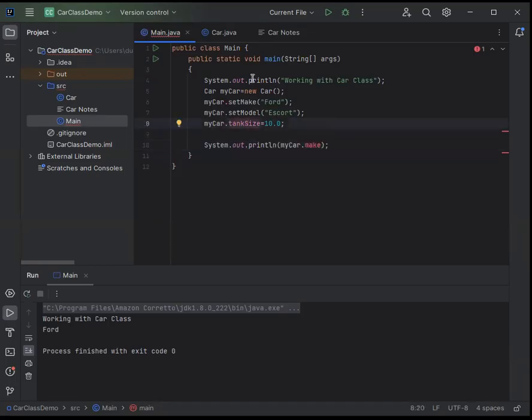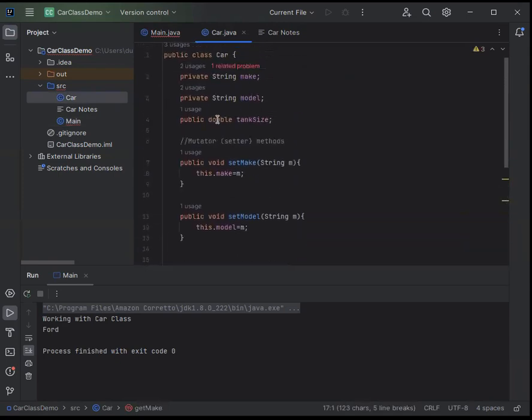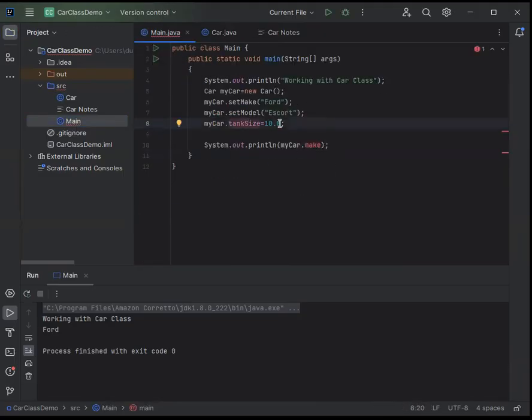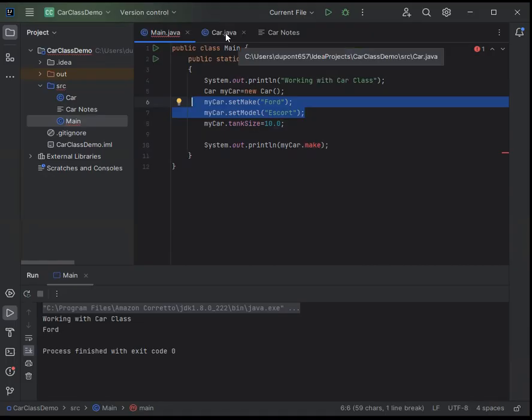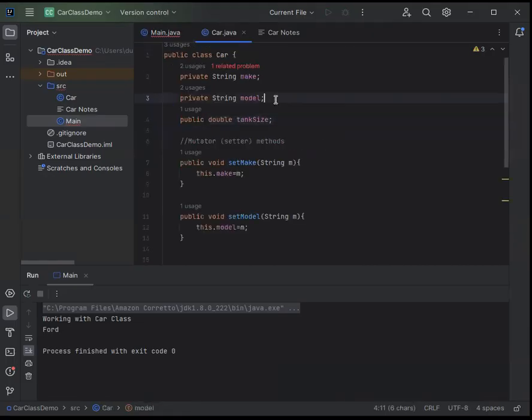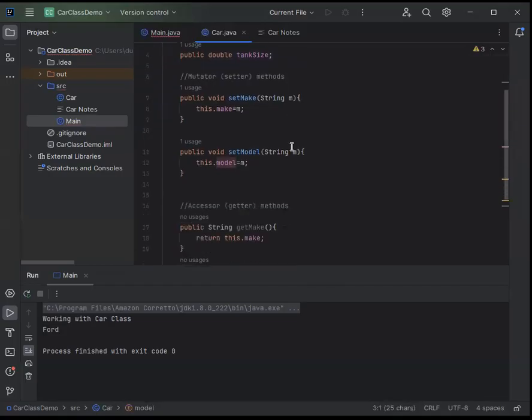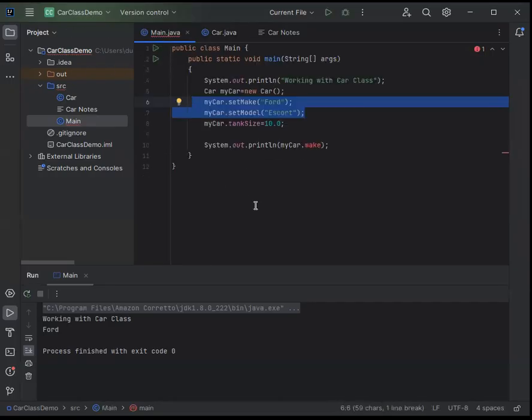Notice that I wouldn't do this in the real world. I intentionally left the tank size variable public so that we can compare and contrast the ways we directly access a public variable, or once we made things private, we have to use accessor or mutator methods to access them. If for some reason I had a value that I didn't want the end user to be able to access, I simply don't write a setter or a getter method. Either I could write one or the other, or both, or neither. So I have more control about how the end user gets to their